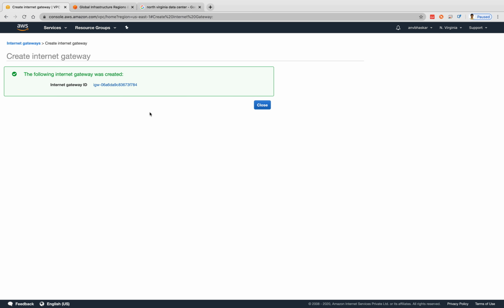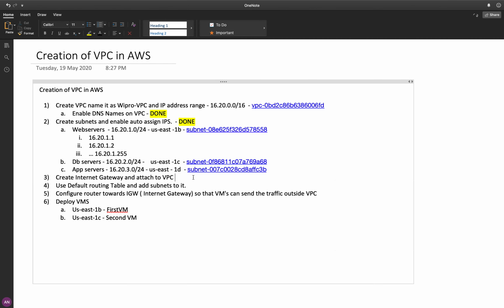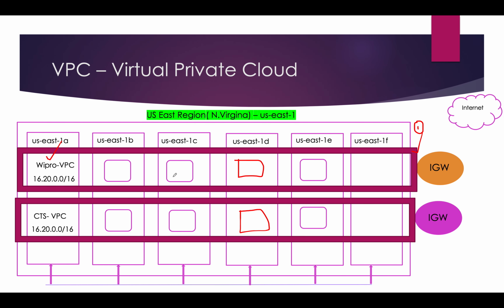Okay, this is my internet gateway ID. If you see here, I created it, but I need to attach it to your VPC, right? And I forgot to add one more point: for one VPC, only one gateway will be there, not more than that. Each VPC has one gateway.